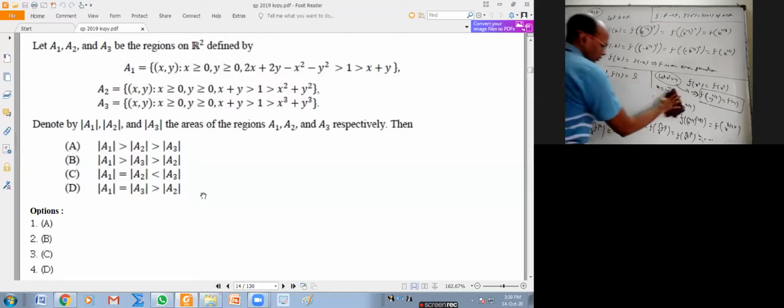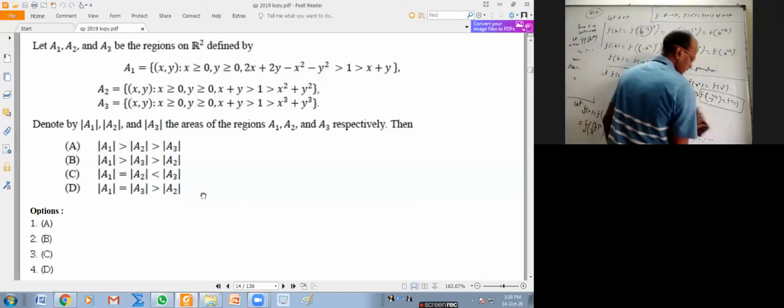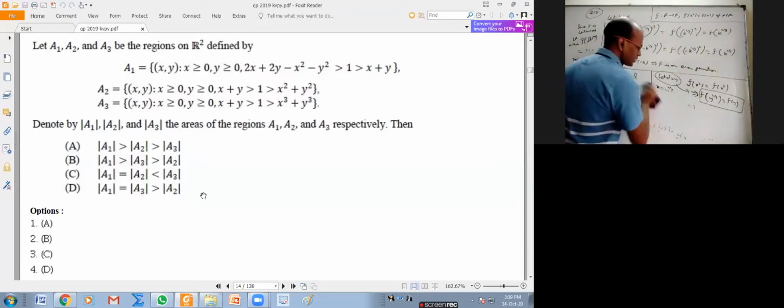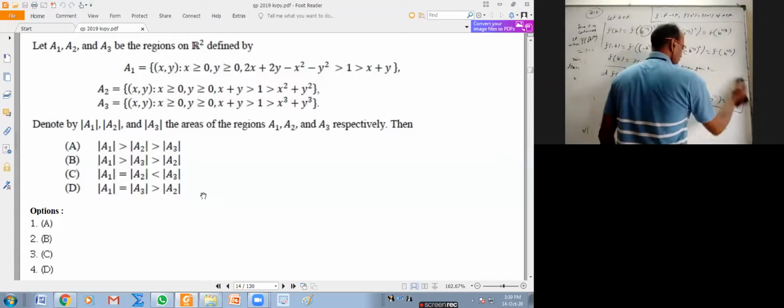The 16th question, which is on the screen, is about areas. Even though we are not done with the areas chapter, in definite integration I was mentioning what is area. And I think this particular question we can tell from the figure itself. You don't even have to calculate maybe.